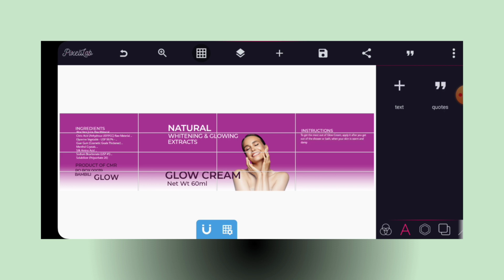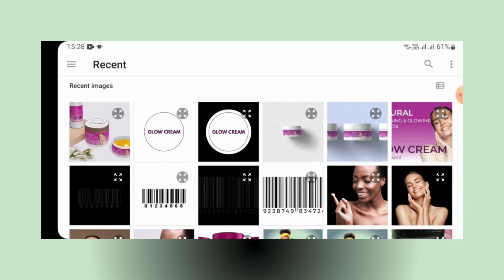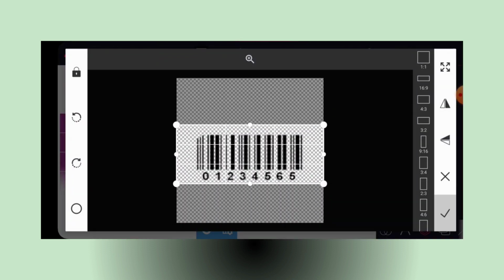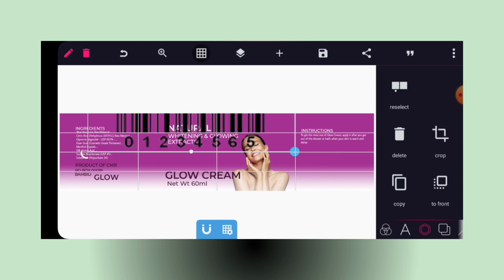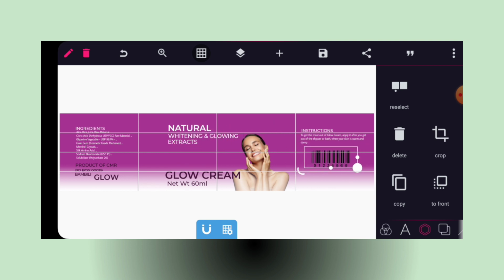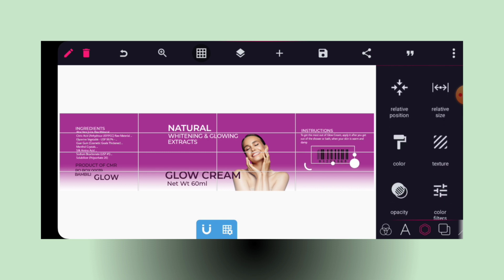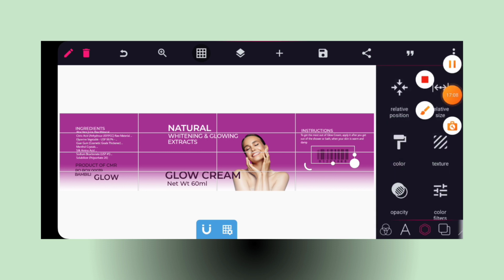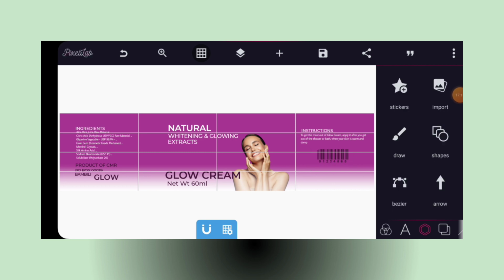Now the next element that we have to bring in is some barcodes, just so the design looks much more professional. So I'm also going to leave the link to get this barcode on the video description. Let's reduce the size. And place it here. Now go change the color into the dark purple. Now what we need to do is to copy this,